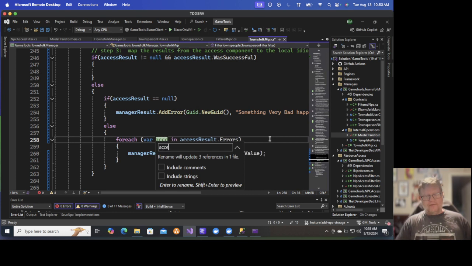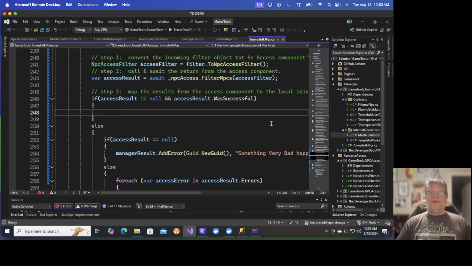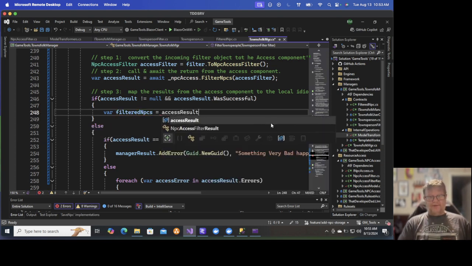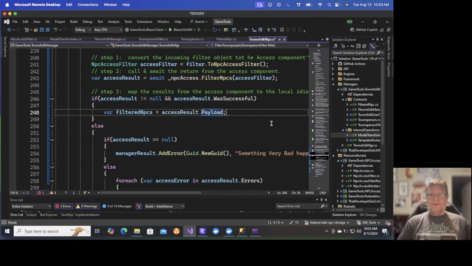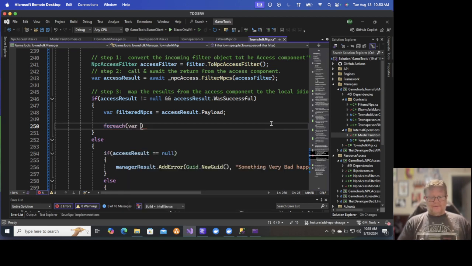Rename. There we go. Friendlier variable names. And var filtered NPCs equals access result dot payload. For each var NPC in filtered NPCs,